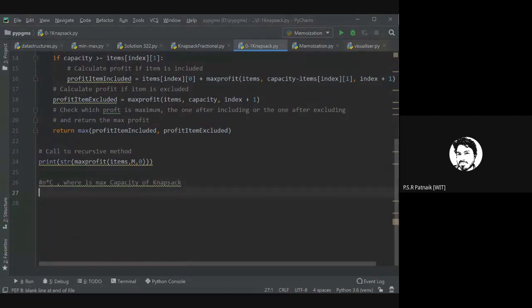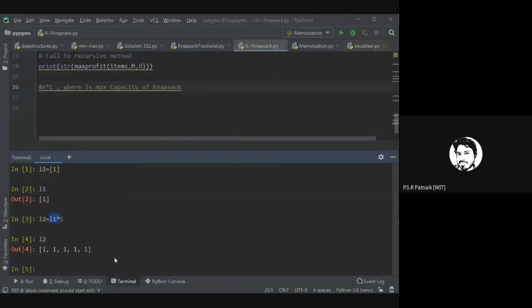Given this, can you tell me how do I create this two-dimensional array in Python?